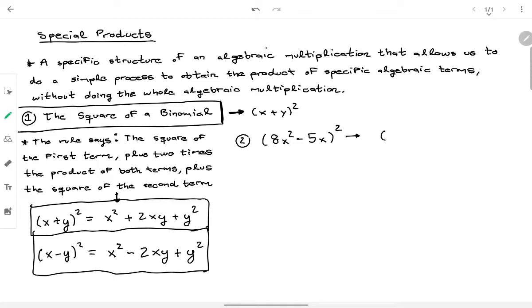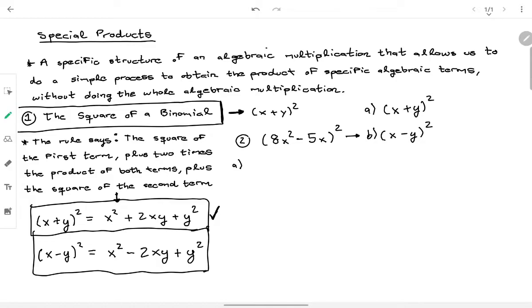So we need to apply the rule of x minus y squared, or we can also apply the rule x plus y squared, but we will need to put the specific sign inside the rule. So let's see what we can do. If we want to use the a part or the b part, let's see with the a part, if we want to apply only the first rule, maybe only